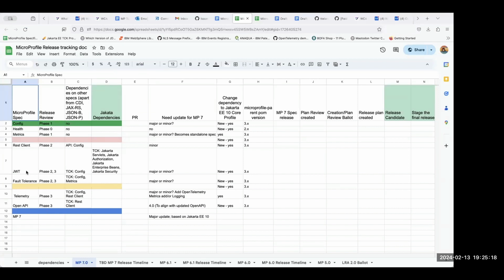JWT will decide whether they want to do a release, if it's just about aligning with the Jakarta EE 10 Core Profile. The rest of the clients very likely will do a release. Health, Martin, you are deciding, right? Whether you want to do a release or not.